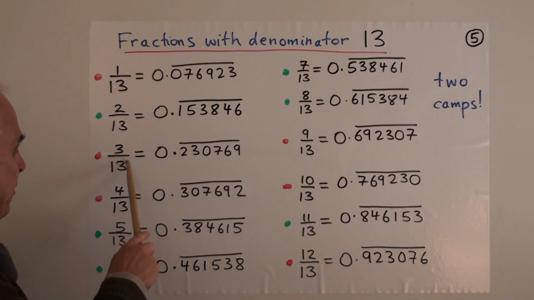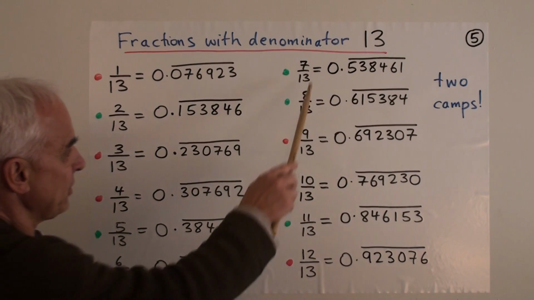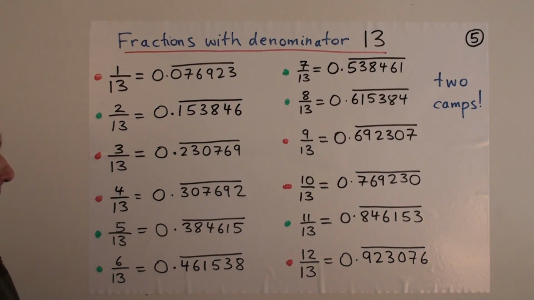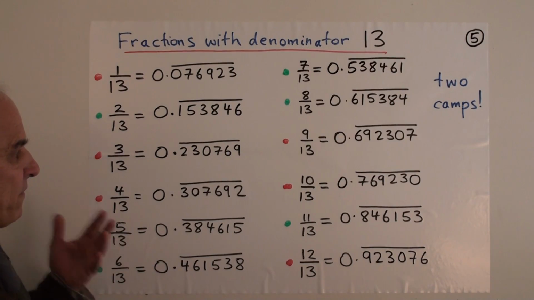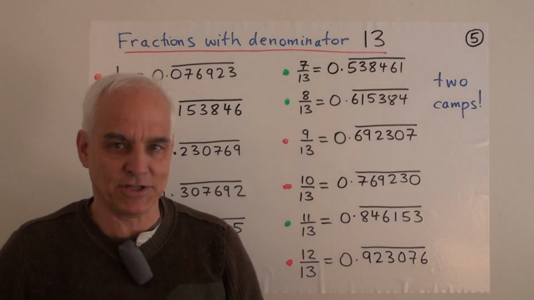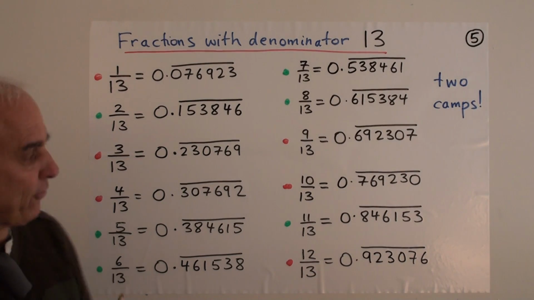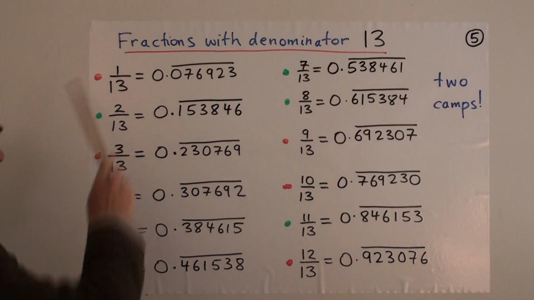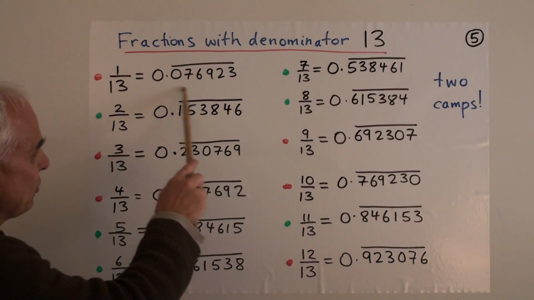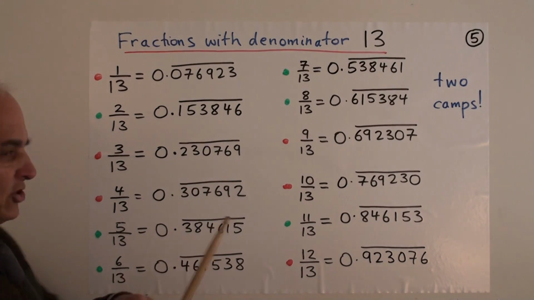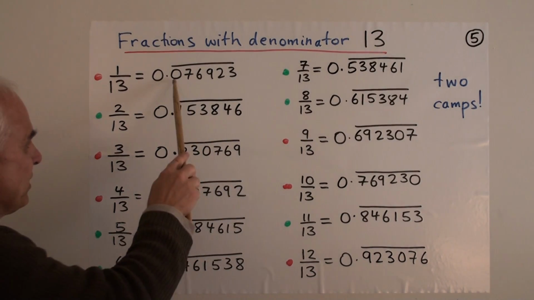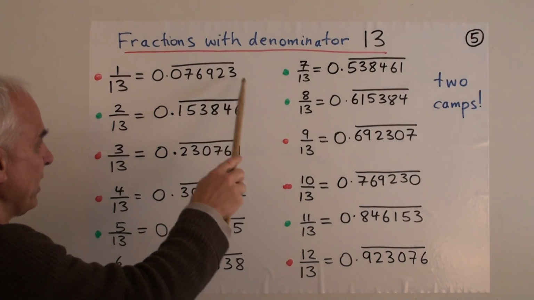And I've shown you the other fractions that you get by dividing various things by 13. And if you stare at this for a while, you'll see that they naturally fall into two different camps, which I've indicated by the color dots that are beside these numbers. So the red dots signify that we're always using these digits, but just rotated. So the digits 076923 in some order.